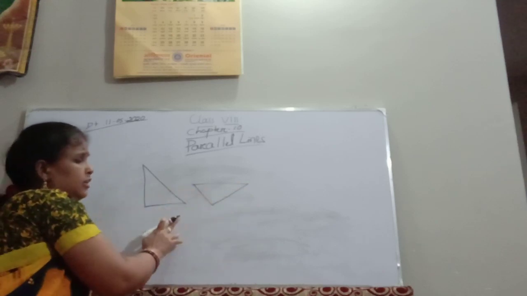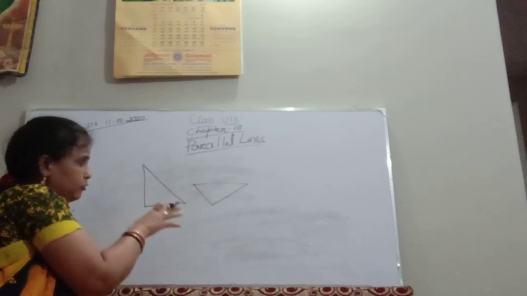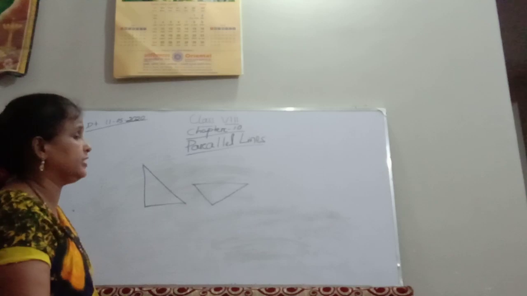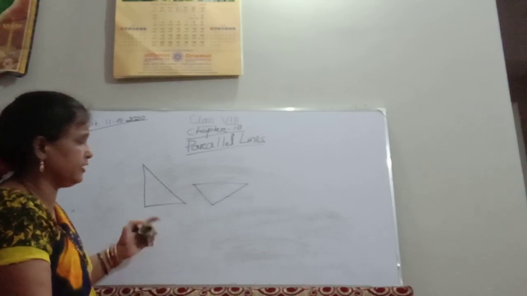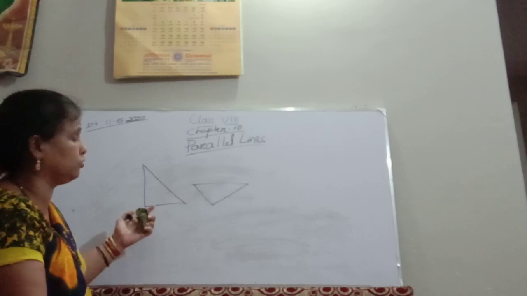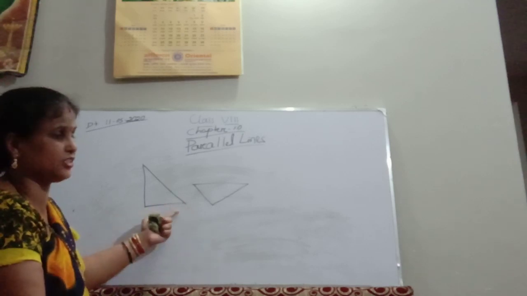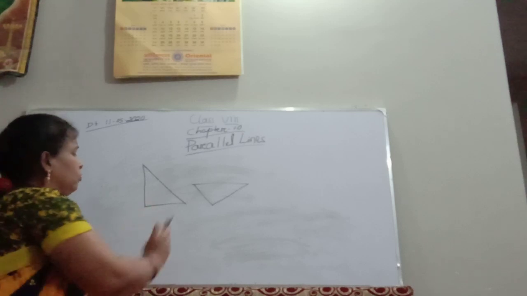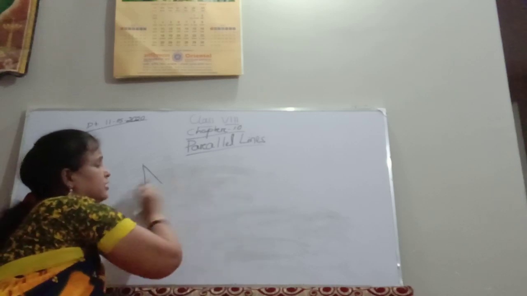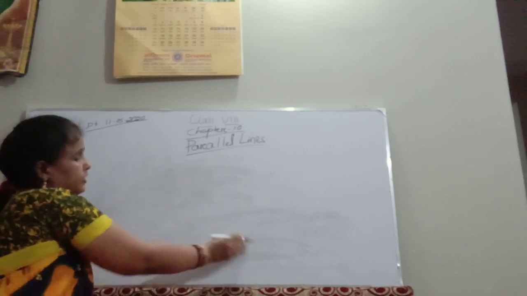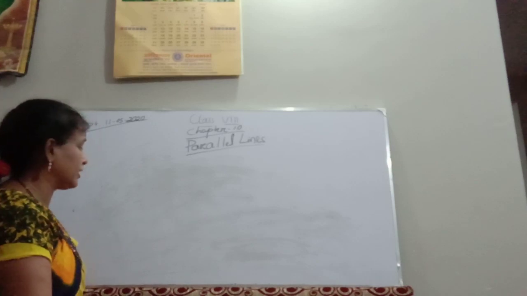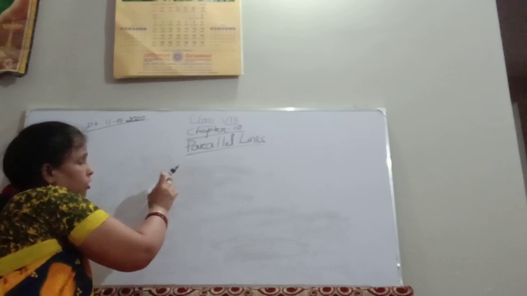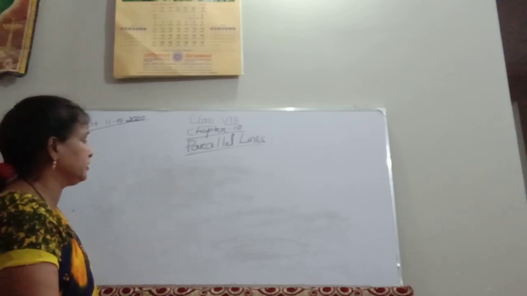Whenever you do the holding, I will send a video. You have to understand whenever you join these two set squares, that forms parallel lines. So later on I will discuss how to draw the parallel line with the help of set squares. It is interesting, but you don't do it now. Just concentrate on your study. So this is the one trick you have to understand, how to draw parallel lines with the use of set squares.